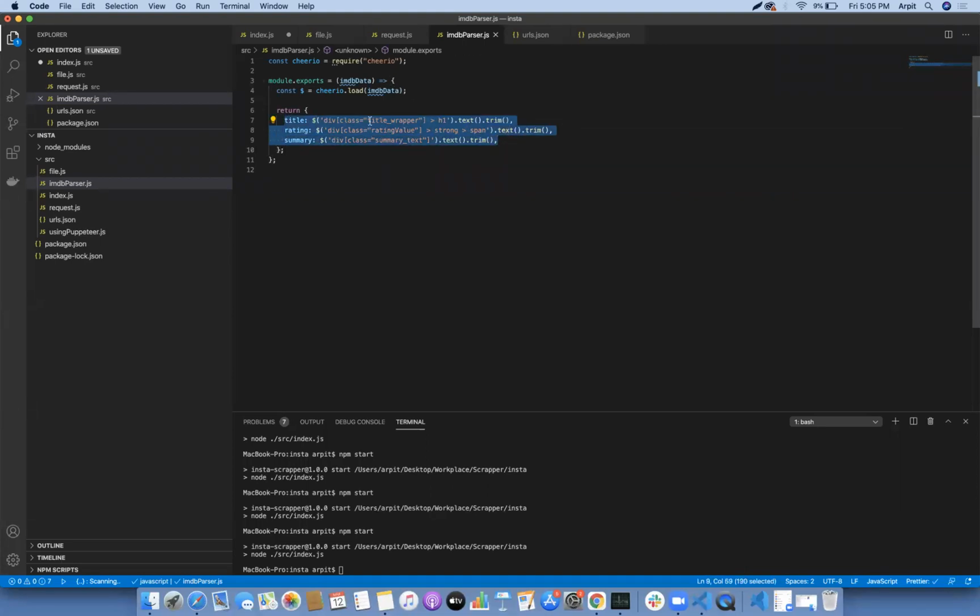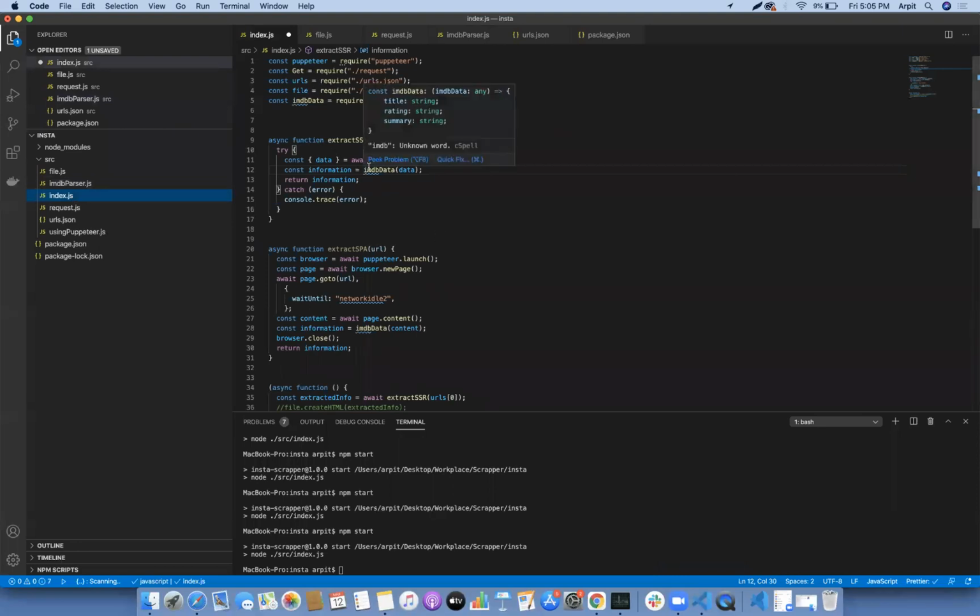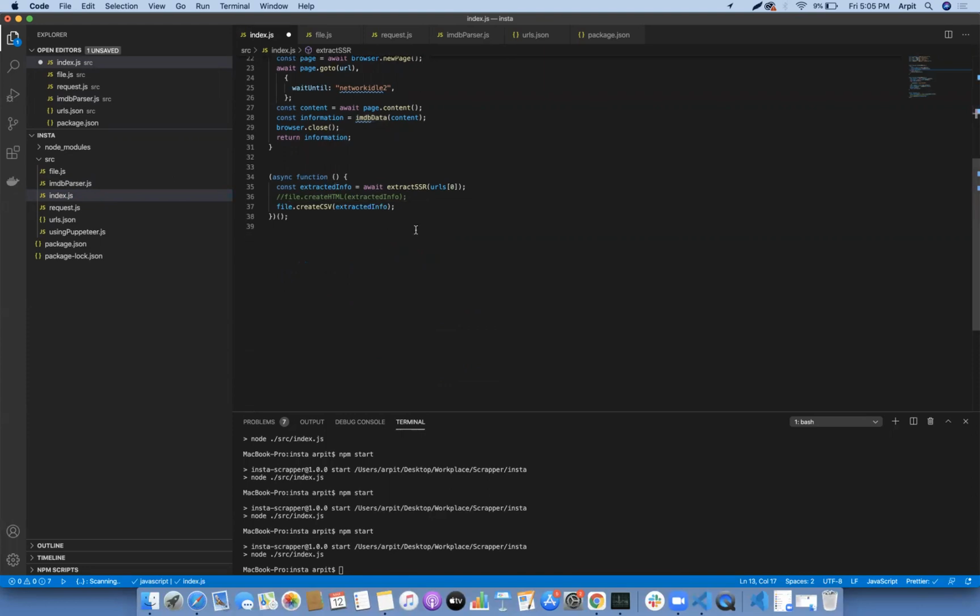IMDb has this information in particular tags, and after that, this returns us a JSON object, which we return from this SSR function.